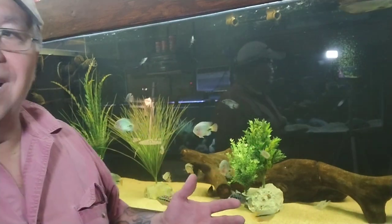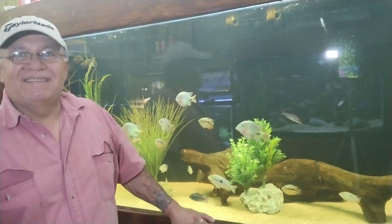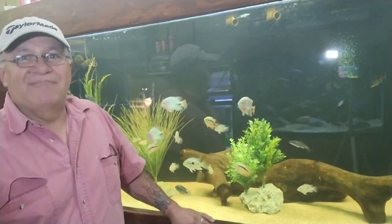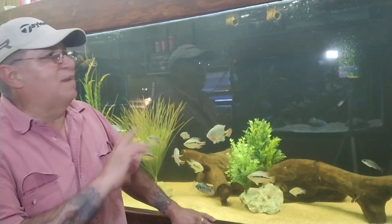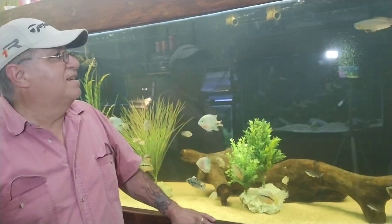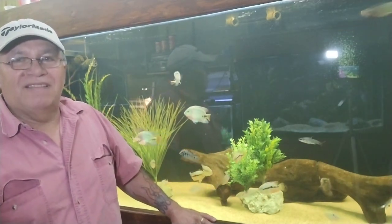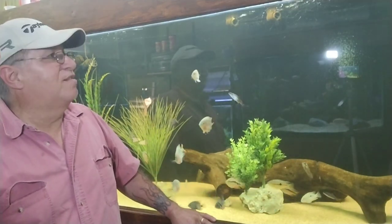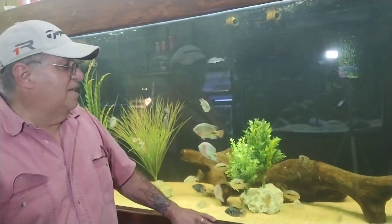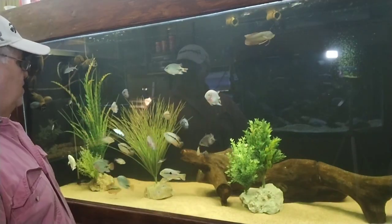Oh, I came so close. I wanted to get an albino arowana for this tank, but I know these things get big, and I don't want to take away from him too much, because 2 arowanas might just be too much. If the tank was like 10 foot long and maybe a 1,000 gallon tank, I would probably have 2 of them in here, but I think 1 is going to be sufficient, because a lot of these fish in here, the Viejas and Salvinis,